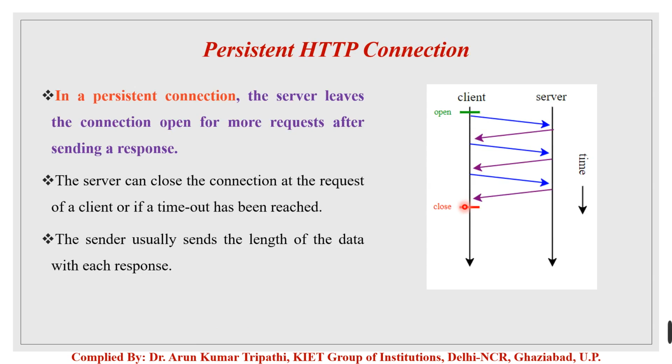Once the session is closed or you close the browser, it will automatically disconnect. In a persistent connection, the server leaves the connection open for one or more requests after sending the response. The server can close the connection at the request of the client, or when a timeout has been reached. The sender usually sends the length of the data